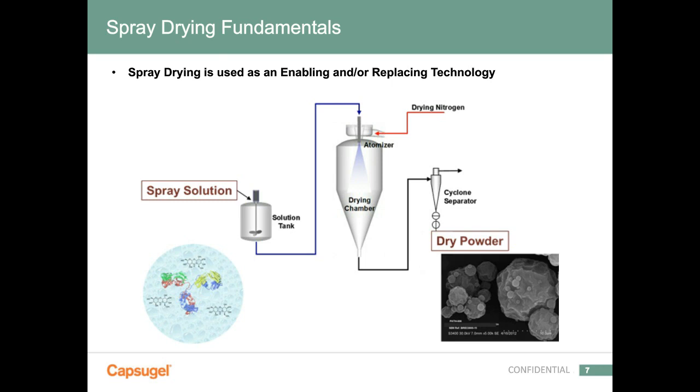But spray drying is fed into four main operations. We have a solution feed, which is noted here as the spray solution. We have an atomization process, which is the solution being fed into an atomizer, which is mixed in with a drying nitrogen gas. That's setting up the thermal profile for the spray dryer. And we have the drying chamber itself, where the drying is occurring. So we're getting the evaporation of the solvent and then condensing the individual solids within the solution into a particle,